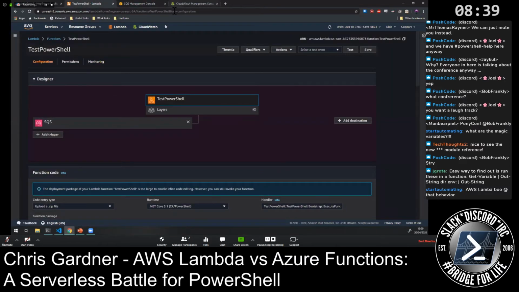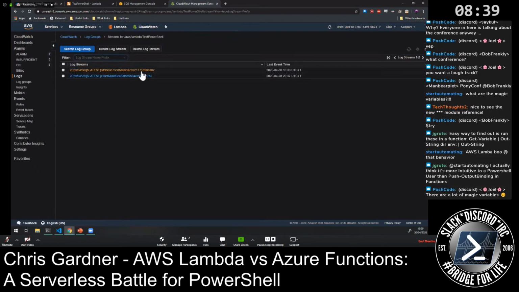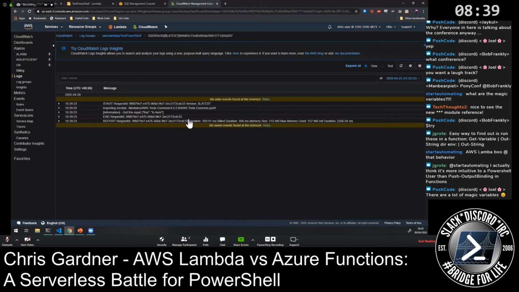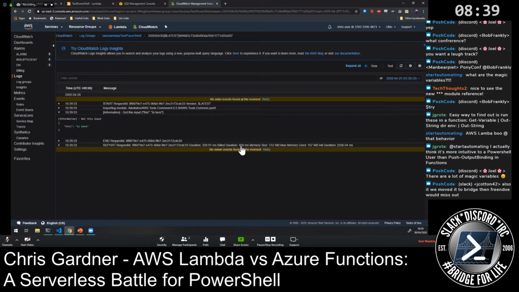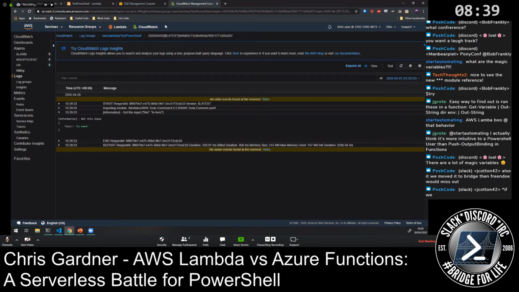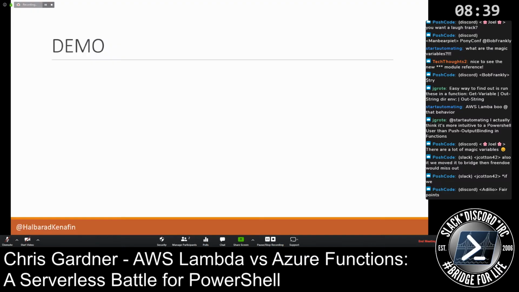And then if I jump over to CloudWatch and have a look at my logs, I can see my message came through and we have it there. That's the input it got, and that ran in 400 milliseconds. So that's not going to cost me any money at all, really. That's pretty nice, very quick, and all running PowerShell 7. So it's pretty useful.